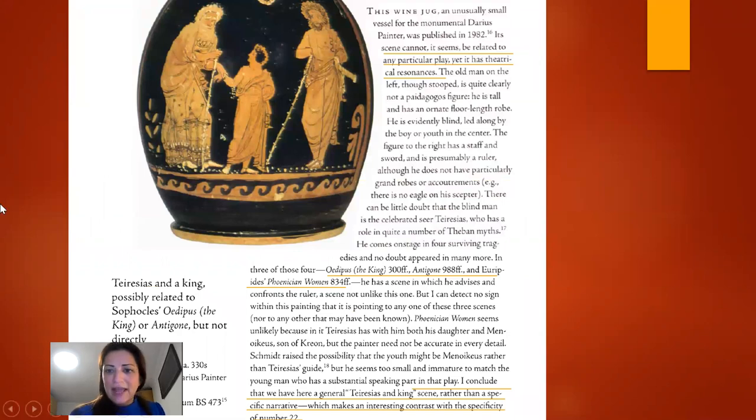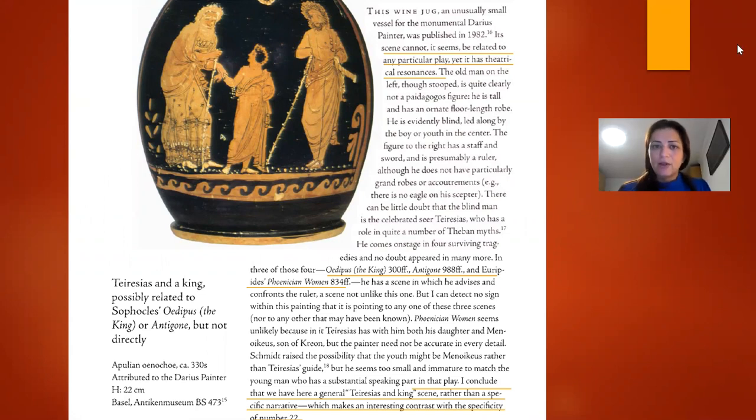I'm going to be a little bit more detailed about this, because this is a vase that you have not been given in your list, which is a painting that Oliver Taplin connects with Sophocles' Oedipus the King, or Antigone. Okay, indeed, he says it is possibly related to Sophocles' Oedipus. Now, in this scene, we see an old man, most probably represented as blind, with a long ceremonial formal robe and a stick, accompanied by a boy attendant,